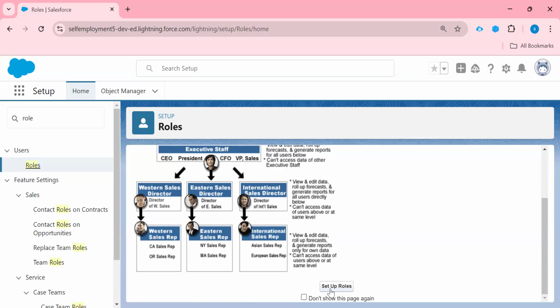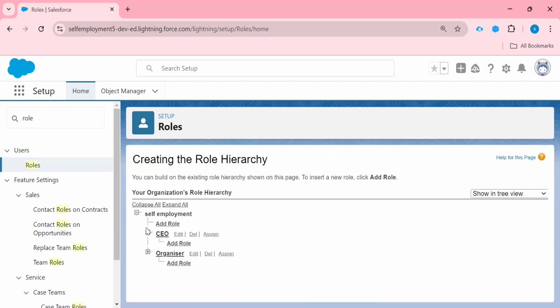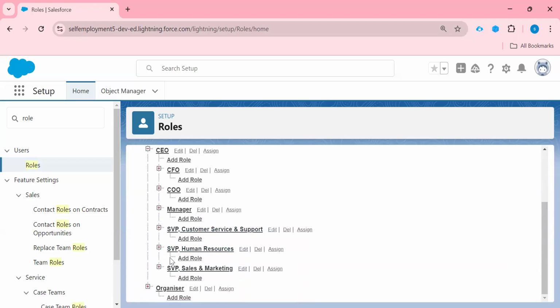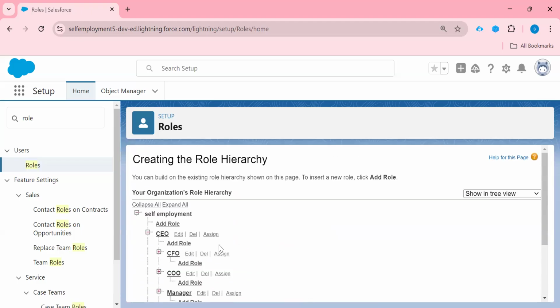Now click on set up roles. Here you can see these are the predefined roles from Salesforce, right? So you can directly assign a user to this role also, as per your requirement. But if you want to create a role, you can create it from here, add roles, right?